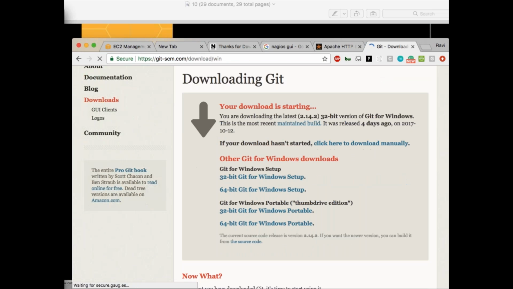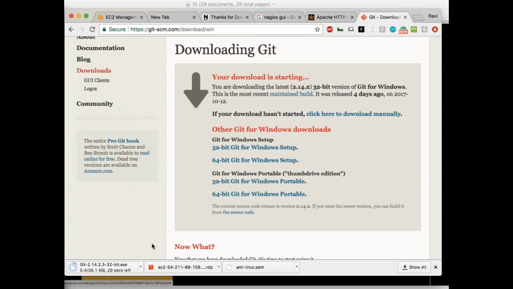Once you are here, you see it automatically downloaded the 64-bit version for me. It is downloading, but I'll cancel it because mine is not Windows. Mine is actually Mac. Mac has an inbuilt feature of Git, so with your terminal you'll get Git access by default. Once you set up this particular thing, it will be called Git Bash. Now I'll show you how that interface looks once anyone sets that up. I'll just display the screen from here itself.